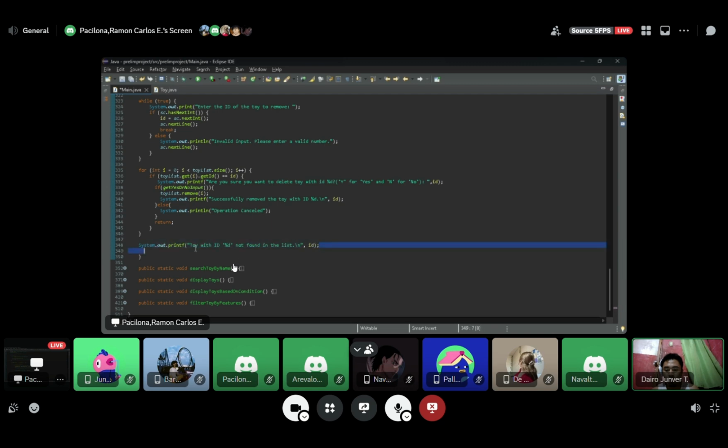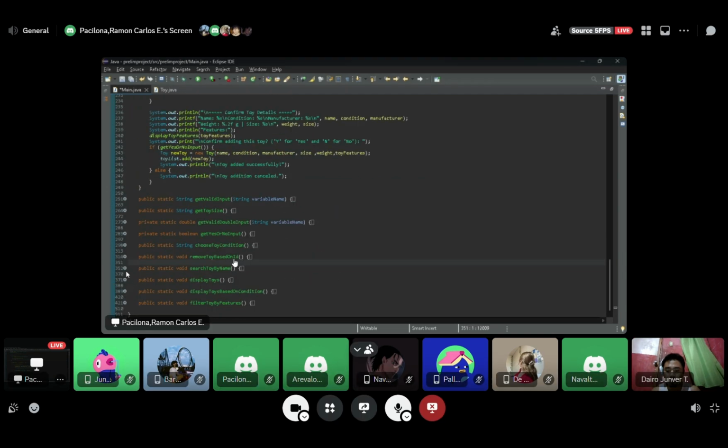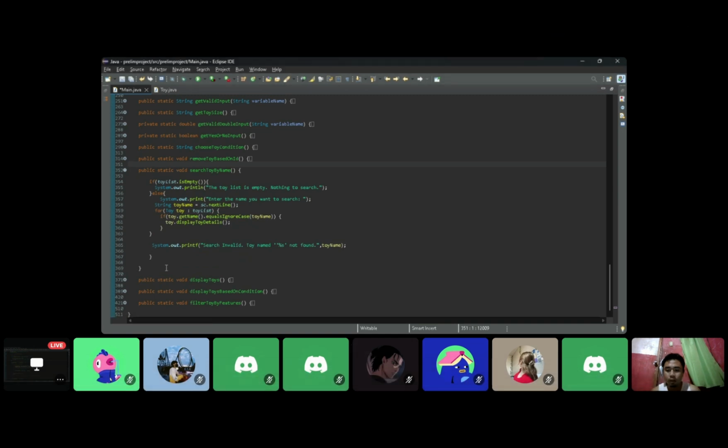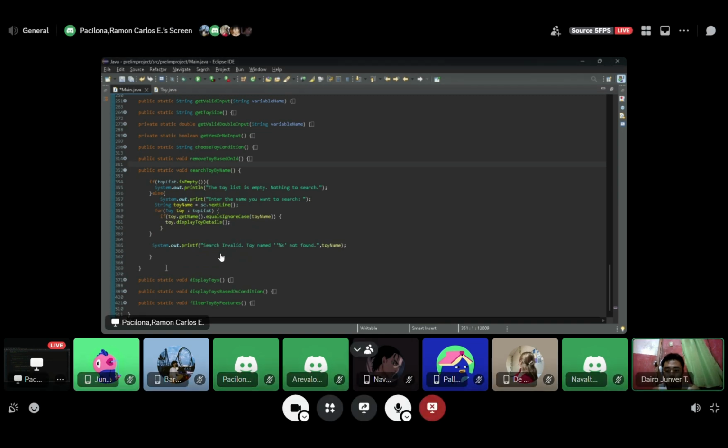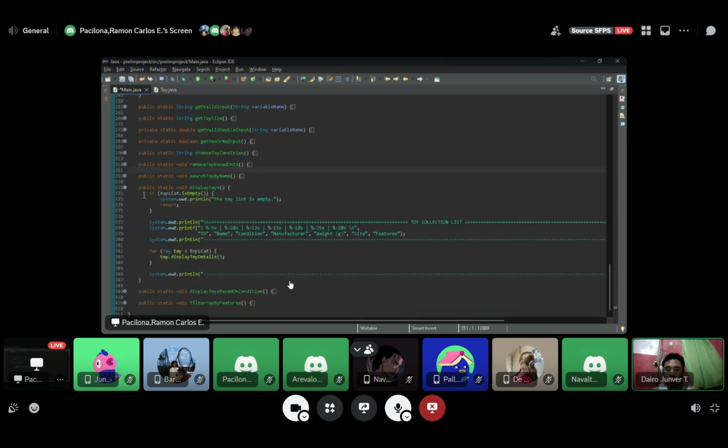So let's go to the search by name method. We also have the same procedure as for the remove. We have an if to check the list, and if empty it will notify the user: nothing to search. The same goes for the bottom. So let's go to the display toy based on condition method.